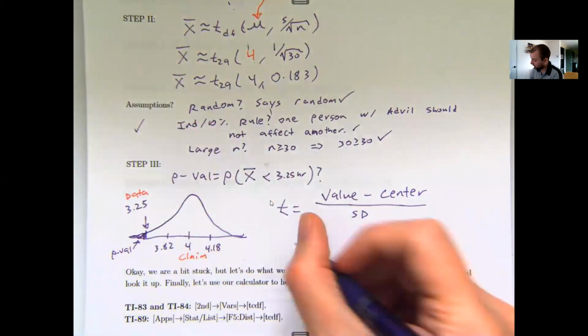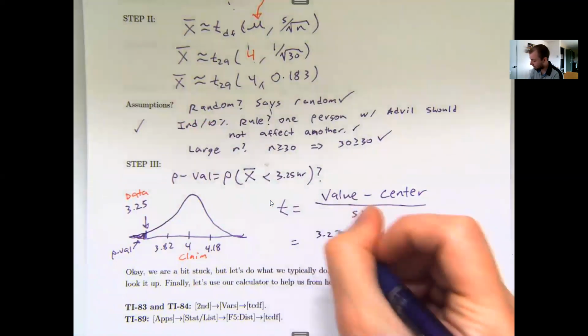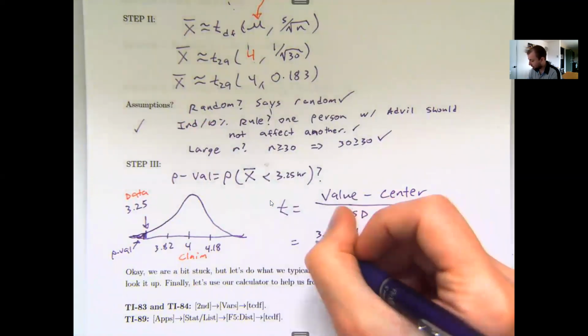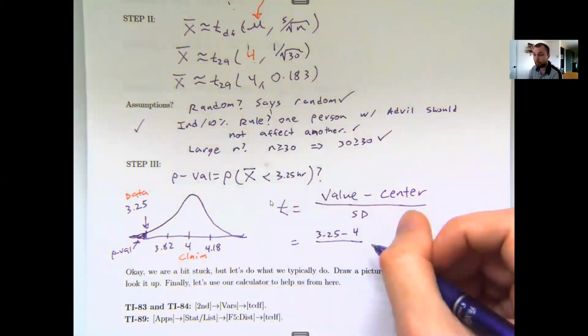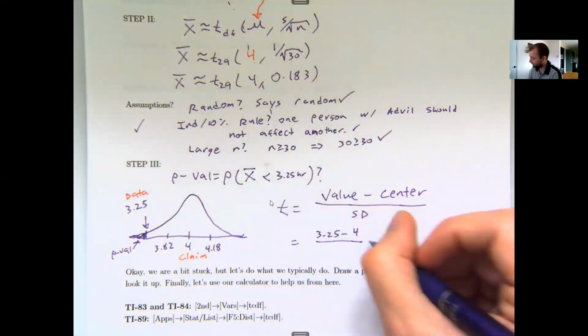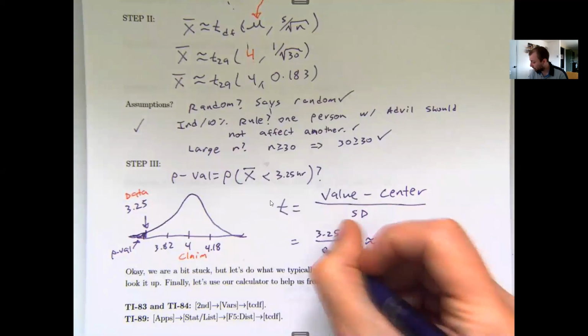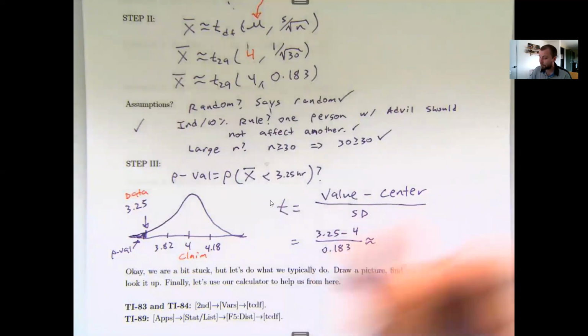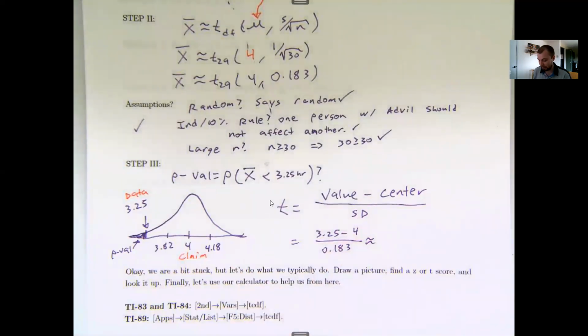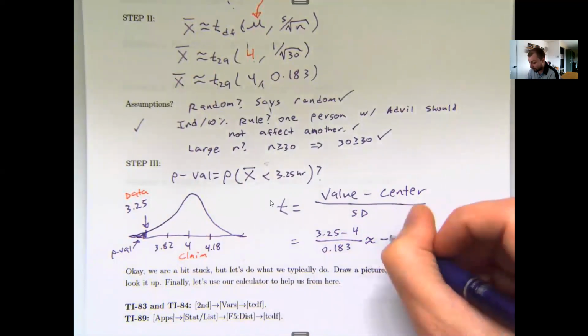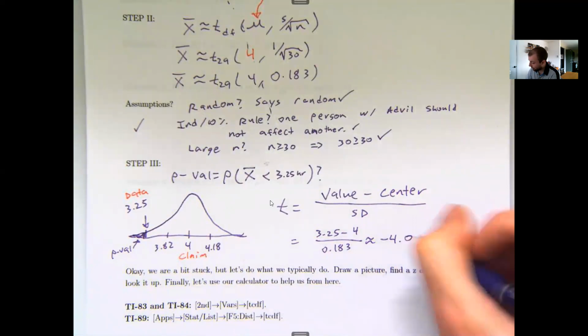In this case, my value was 3.25 from the data, and the claim was 4. So I'm off by negative 0.75. I don't know if that's off by a lot or a little. That really depends on what I'm counting by. If I'm counting by 0.183, let's figure out how many tick marks away this thing would actually be. So I have negative 0.75 divided by 0.183, and I am negative 4.098